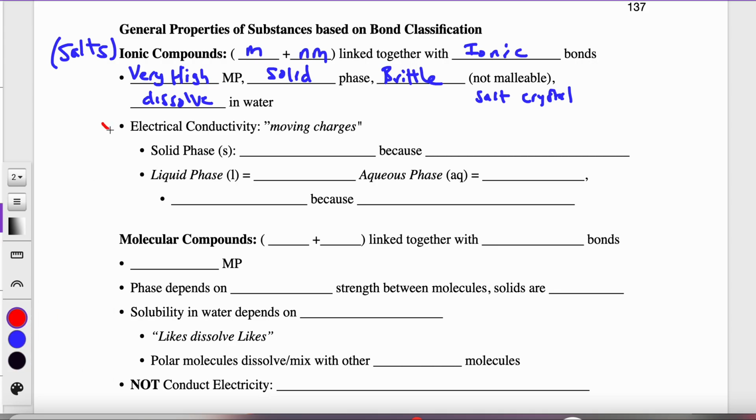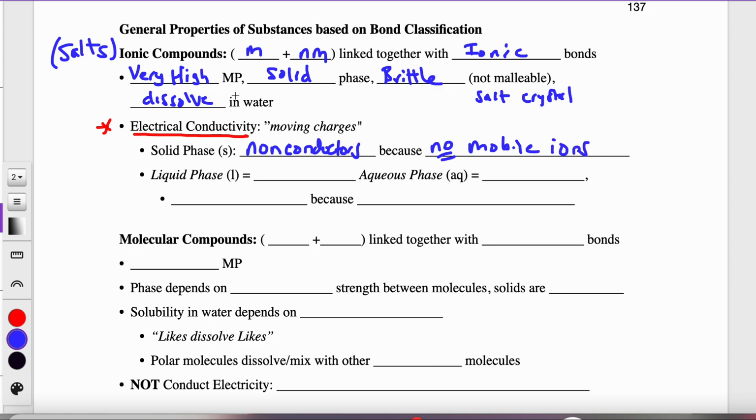Now the next thing is electrical conductivity. Electrical conductivity means it conducts electricity because it has moving charges. You need to get electrical conductivity, or the reason why structures conduct electricity, memorized. So here we go. Salts in the solid phase are non-conductors, because their ions are in fixed positions. So there are no mobile